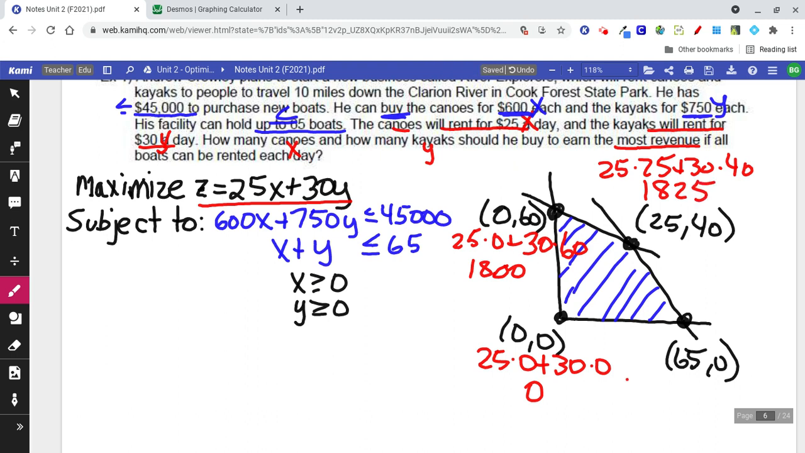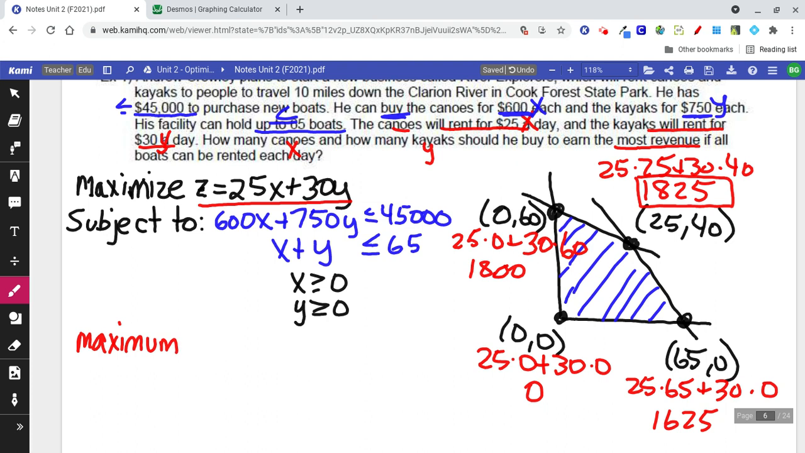And 25 times 65 plus 30 times 0. Again, calculator gives me 1625. Those are my totals. Those are my z values. I've got 4 different z values. But remember, we're trying to maximize. And so if we maximize, this is the maximum number, 1825. So the answer, the maximum, and remember what we're talking about, revenue, right? We're talking about the maximum revenue is